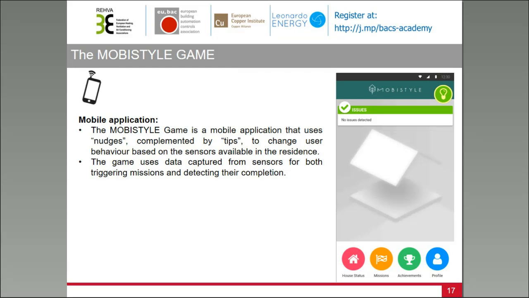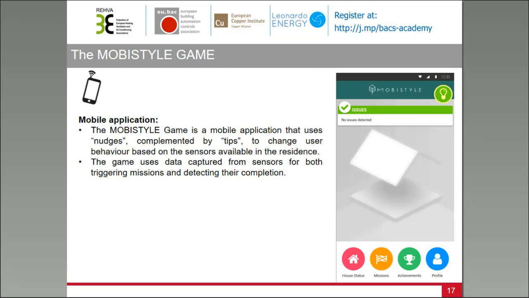So these data are transformed and analyzed, they're not just provided to the users as in a dashboard, but they're contextual tips that we can give, and based on the actions and the goals that are defined by the users, the user can receive rewards and badges as in a game logic.